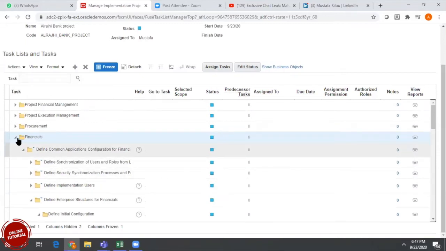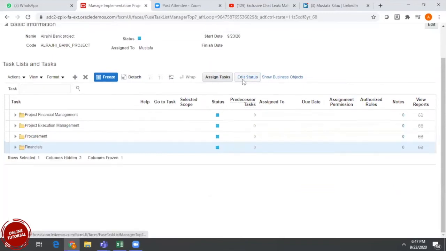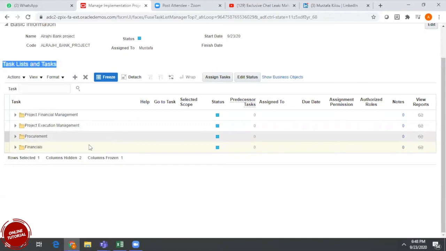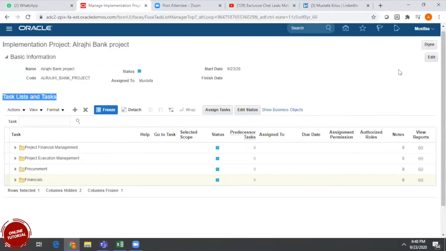So here, the actions we did were: we took the offerings, created the project, then created the offerings and options, and the system automatically distributes the required task lists. These are all the task lists. We need to assign them to different consultants based on their specialization. A financial consultant gets financial tasks, and an SCM consultant gets SCM tasks. Once we distribute these tasks, the financial consultant can start working on the project.